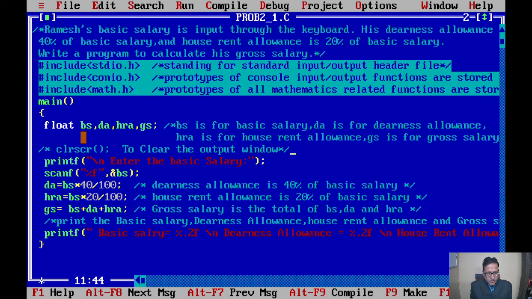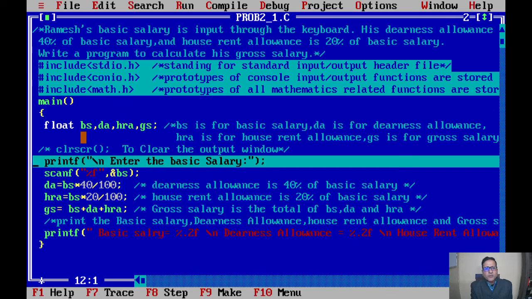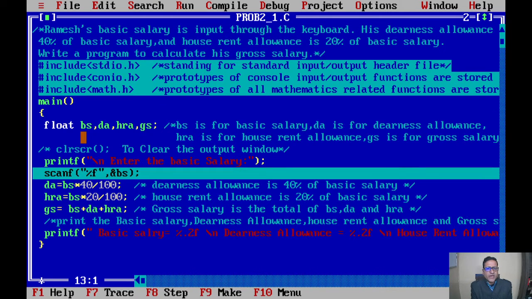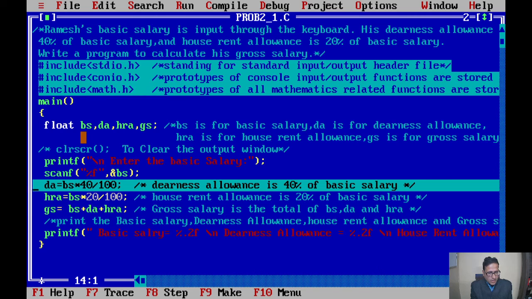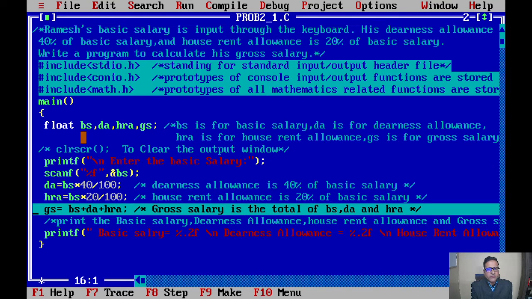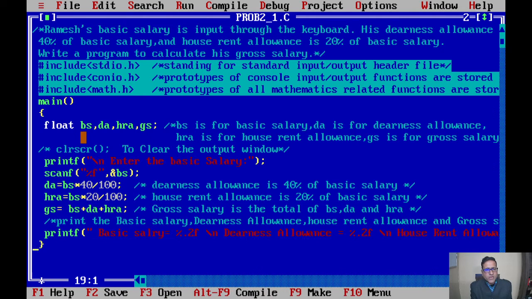We can also run it through the key F8. You can press F8, it will go to the main. After that it will go to the printf. After pressing F8 again, it will go to the scanf. After pressing it, it will ask us to enter the value. So here I am writing 4,000. Now again F8, again F8, and again F8. So it will come out from the program.